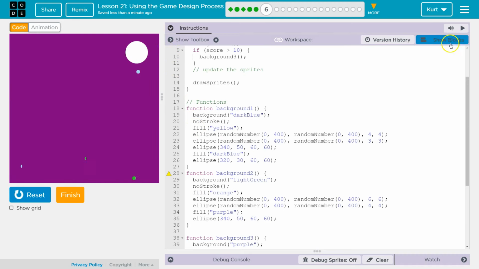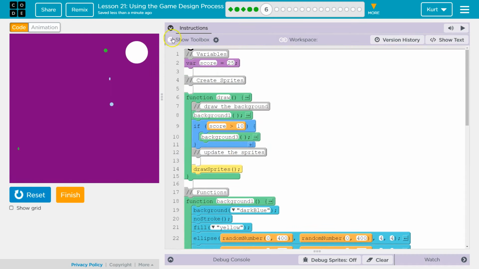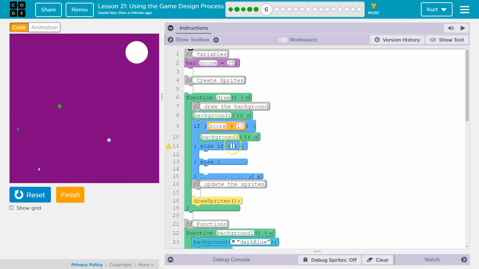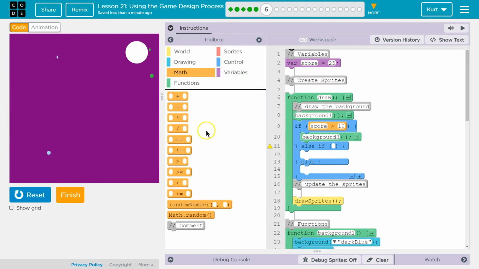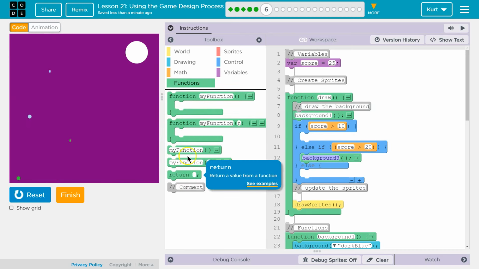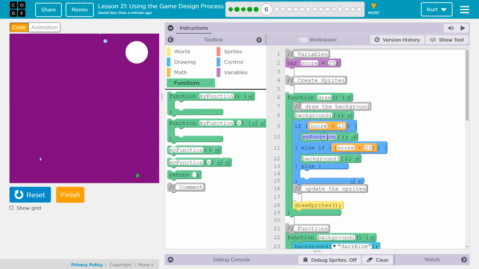All right. I'm going to go back to blocks, and I'm going to now do what they said in the challenge. I'm going to add an else if statement, and I want it to be else if because this is going to be background 3. I only want it if score is greater than, we're going to say 20. So if they're doing super well, I'm going to put the else if there. It's first going to check if the score is greater. I'm grabbing a function call. Make that background 2 because I replaced background 2 by writing background 3 here. So first I want to know if the score is greater than 10. If so, make it background 2. If not, if the computer says false,